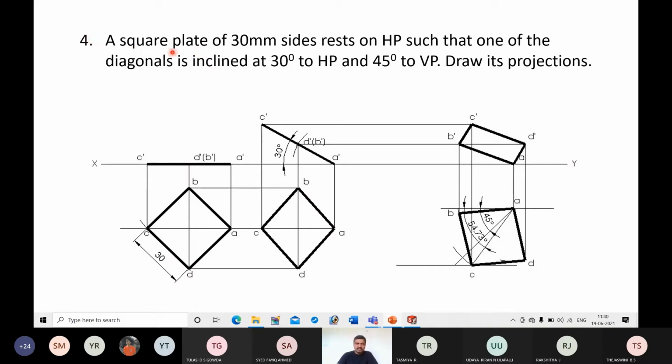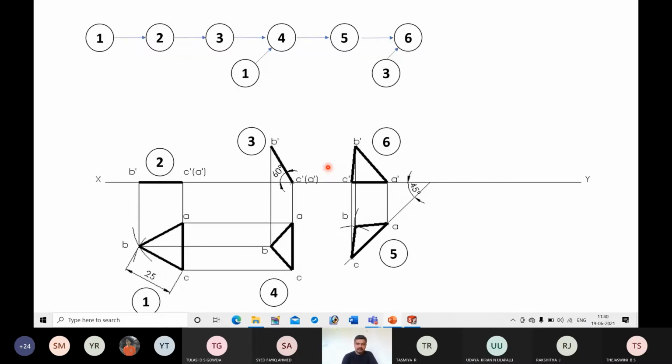Here, a square plate of 30 mm sides rests on HP such that one of the diagonals is inclined at 30 degree to HP and 45 degree to VP. Draw its projections. In all previous problems, they gave